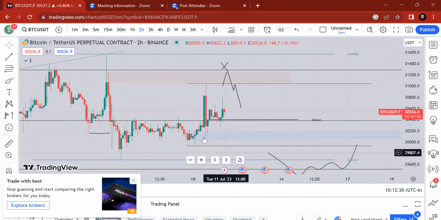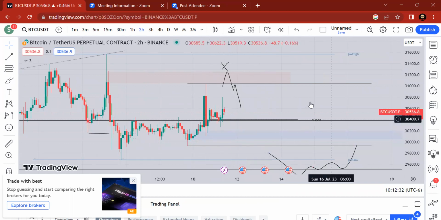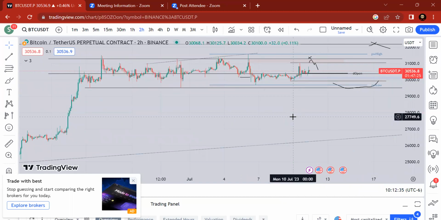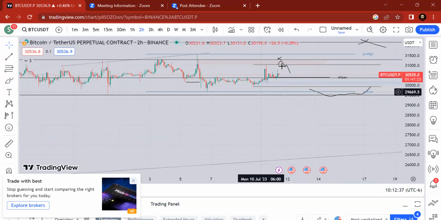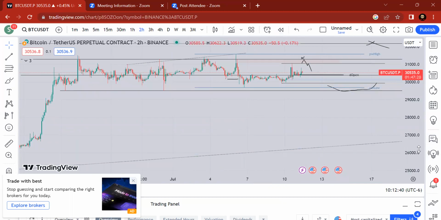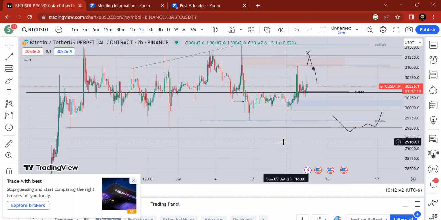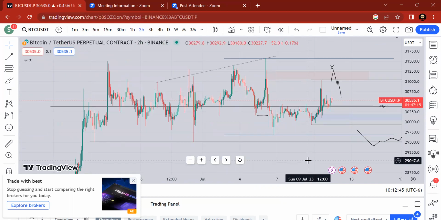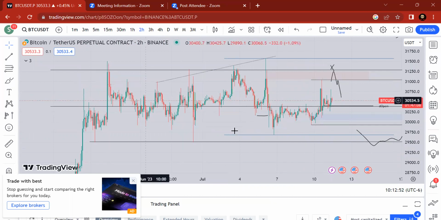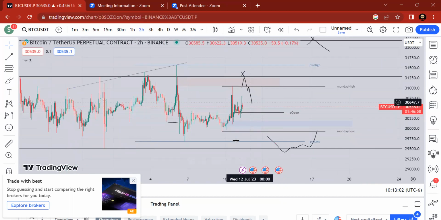And the same goes with this zone as well, the Monday low zone. So that's how I'm looking at this range right now. If the trigger presents itself, I will jump in, otherwise I'm sitting on my hands, not touching it, because preserving capital is also important. Yes, people are making a lot from this range. I'm not making, but I'm happy because I'm not losing as well. So I will wait for my plan of execution, plan of action. Once it's reached, I will execute it inshallah, and then we'll